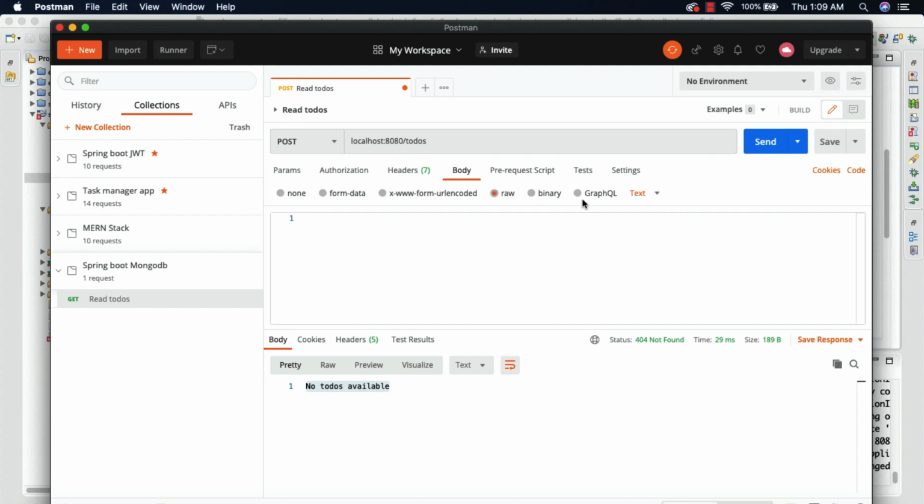I'm going to choose the body, and inside this body I'm going to select raw, and instead of text we're going to specify JSON.